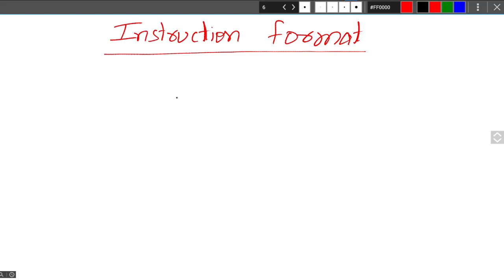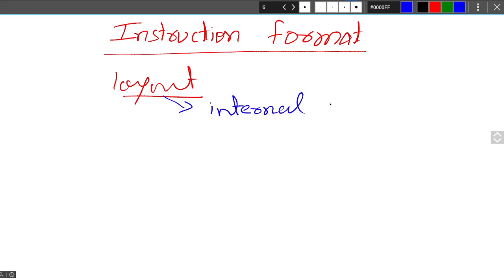So basically in this total instruction format you will understand the layout. Format can also be understood as layout, which means the internal structure, right?